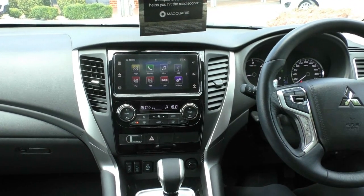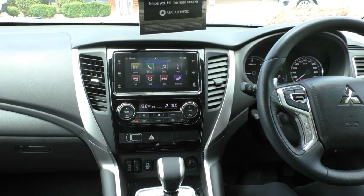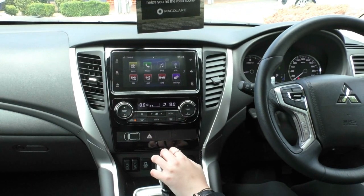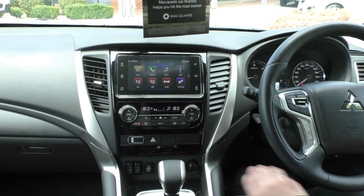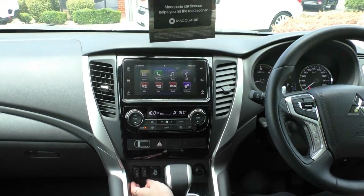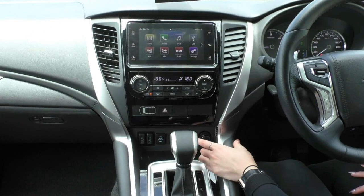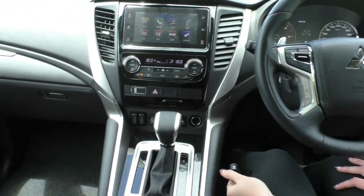On the entertainment screen as well, we do have your AM/FM radio, digital radio, Apple CarPlay, Android Auto, general Bluetooth, USB and iPod connectivity, and then all your settings and everything as well. Just below that, dual zone climate control with all your hard buttons there, passenger seatbelt alarm, hazard lights as well, front and centre nice to locate, heated front seats being the Exceed as well, rear diff lock, blind spot monitoring on and off, and the little button that turns your rear air conditioning controls on, and a covered in 12-volt